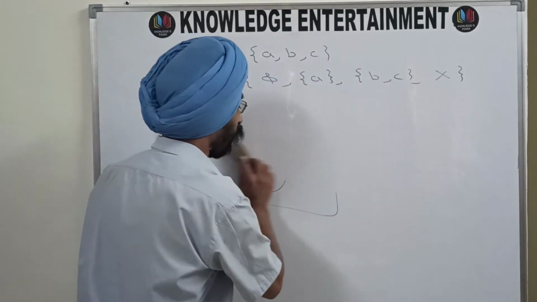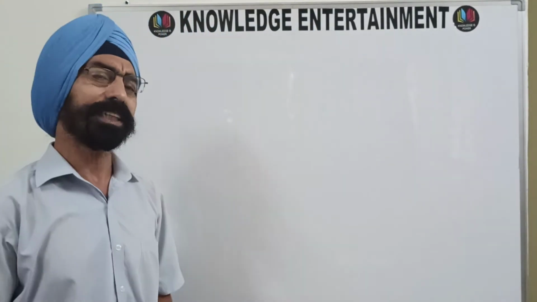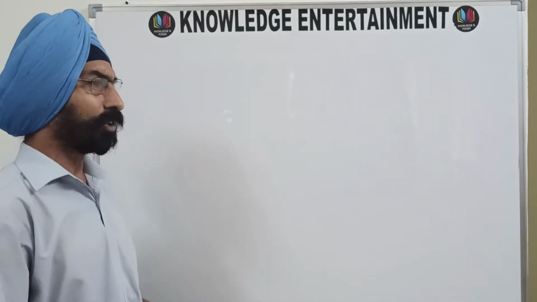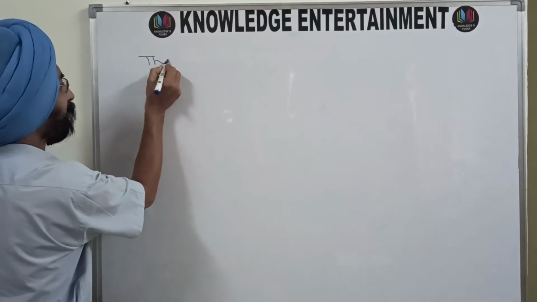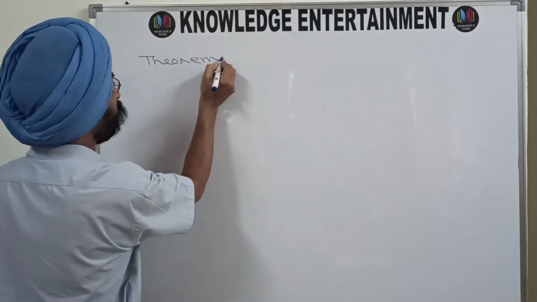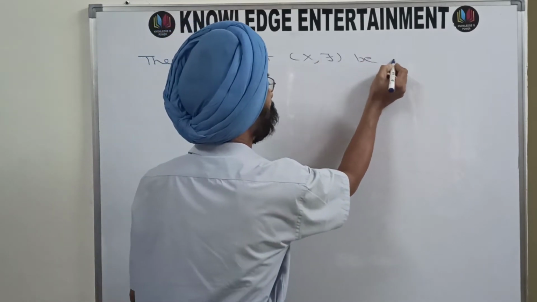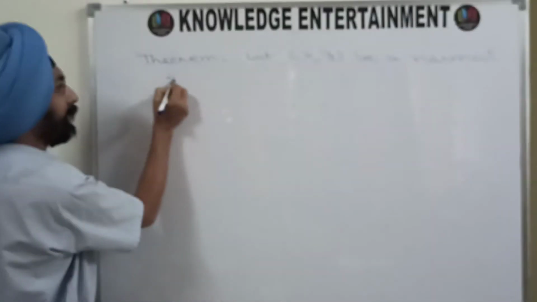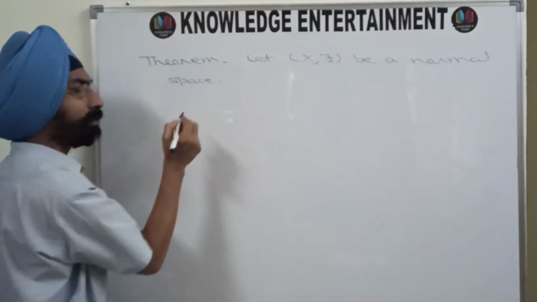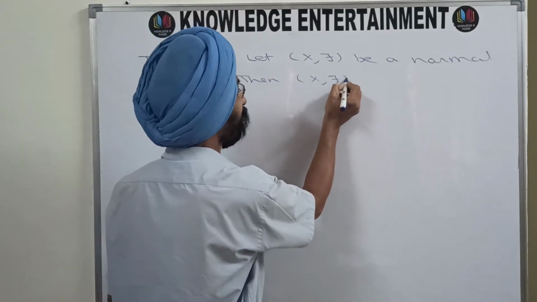And if a space is normal as well as T1, then it is called a T4 space. Now we will move on to the first theorem on normal spaces. So write down the statement of the theorem. First I am writing the statement and then I will move on to the proof. Let (X, tau) be a topological space. Then X is normal